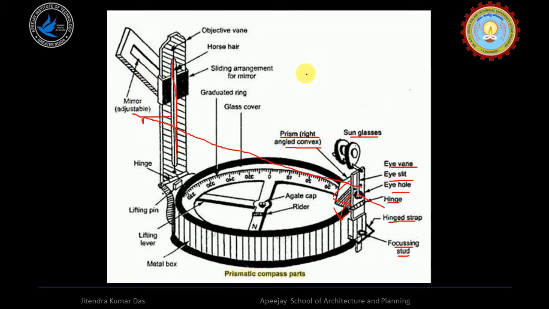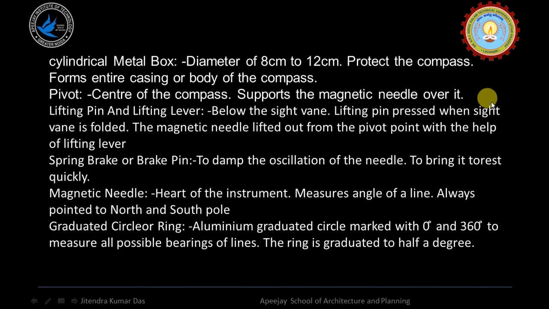So now what is the use of this mirror? Suppose when the land is undulated and we establish our prismatic compass at a higher point, and our ranging rod is at the lowest point from the eye line. In that case this mirror helps us to take the reading. Suppose we establish this mirror, and in the mirror the image appears, and with the help of this image we can establish the line of sight. So in that way this adjustable mirror helps us to take the reading in the prismatic compass.